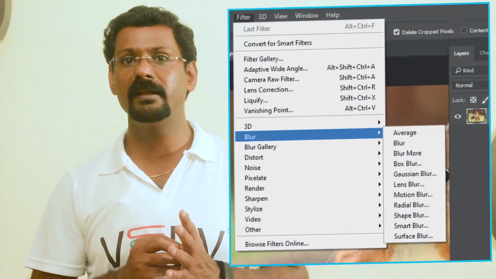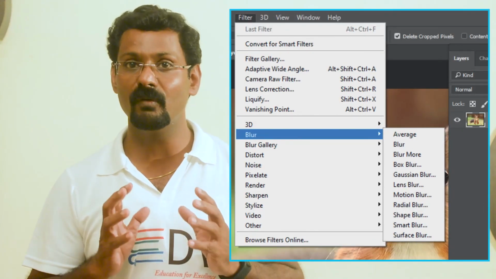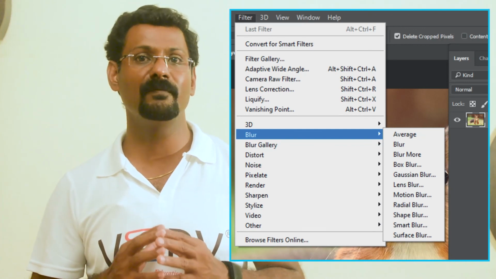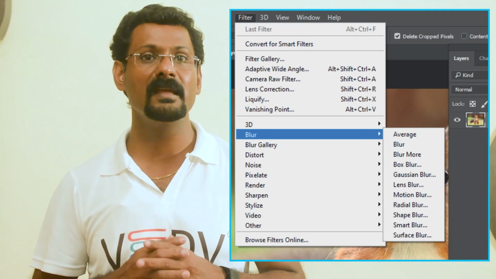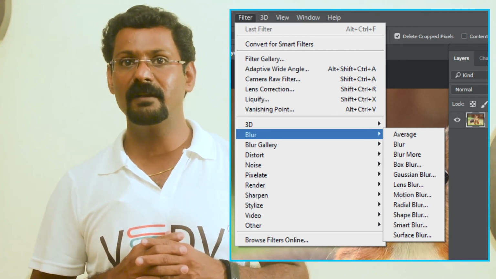A filter is a special effect used to change the appearance of an image, layer or selection in Photoshop. To view the different filter options available in Photoshop CS6, click on the Filter menu. The Filter Gallery is a Photoshop editing window that helps to work with filters. This window allows you to apply multiple filters, and edit and delete them. This feature makes filters more flexible, user-friendly and easy to apply.